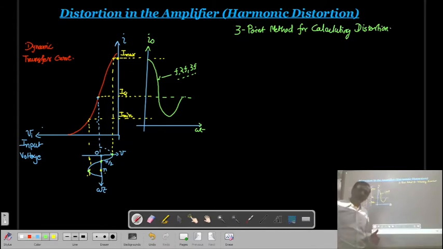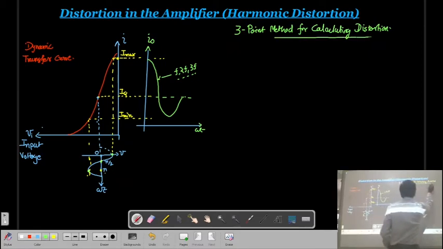Then if you consider the higher harmonics, like the third, fourth, fifth harmonic, in that case we have a 5-point method. But we are not discussing the 5-point method. Here we will see what the 3-point method is. Okay. Now to find this, let us say my input voltage